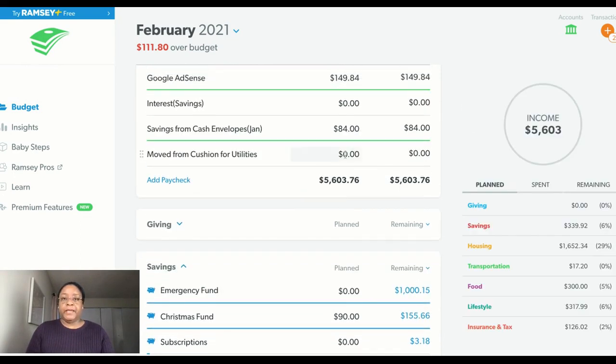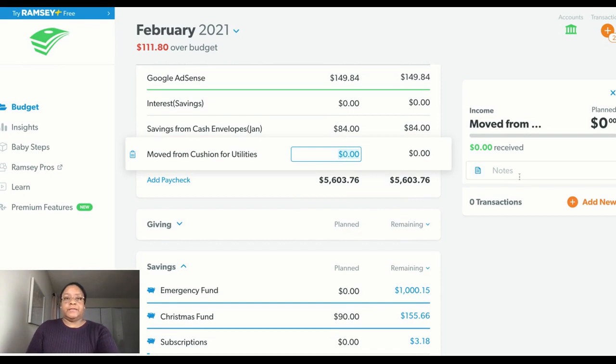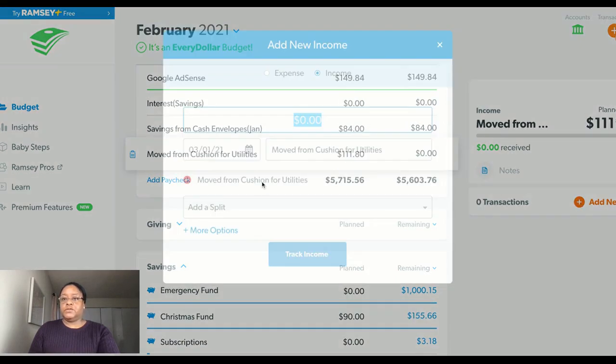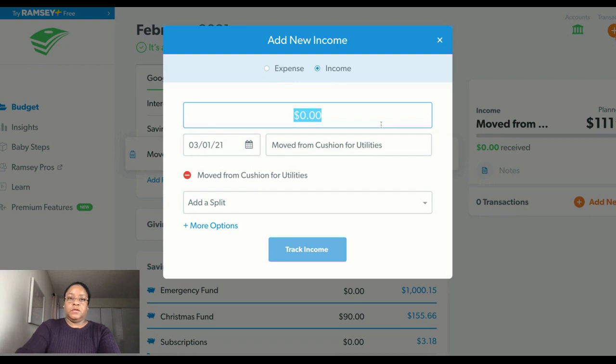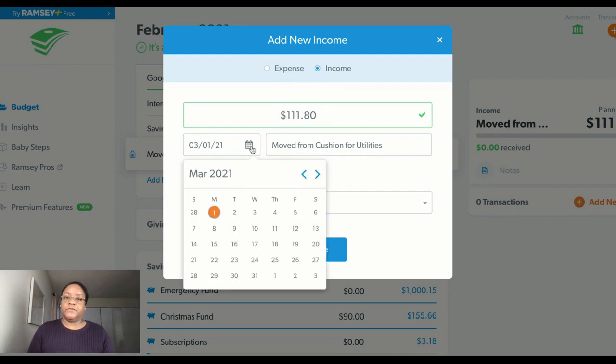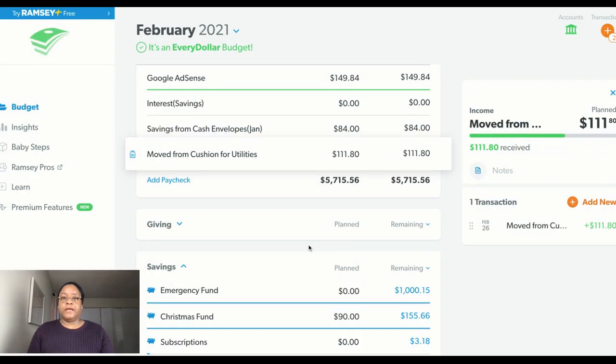And now I'm going to go up here and put it into the plan, 101.80. And so you see how that changed to an every dollar budget. And now while I'm on this particular one, I am going to just put that like it's received income. So hopefully that makes sense for you guys. And that's that right there.